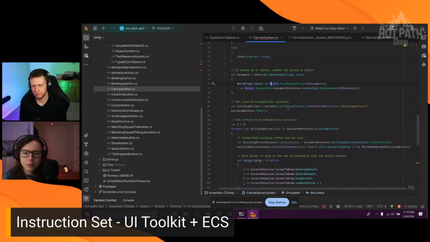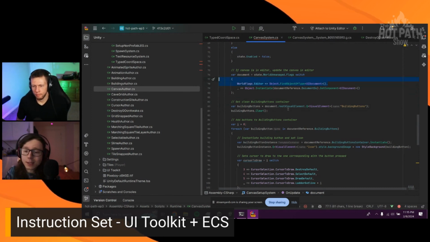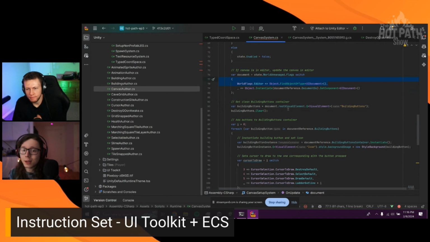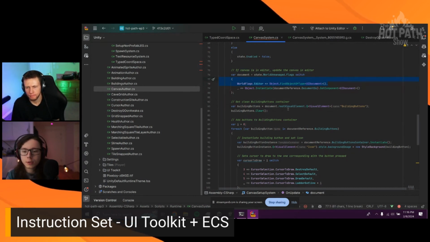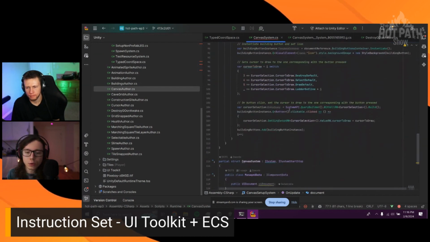So in the case that I'm in the editor, I just get that, and otherwise it takes all the same path, and that's why it works. Now there's one thing I'm doing for an optimization purpose, which is all the rest of the editor code you see in here,